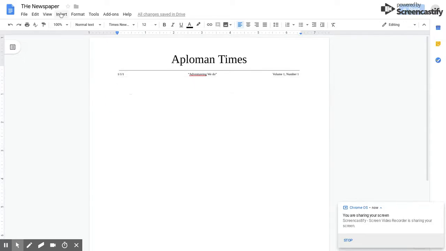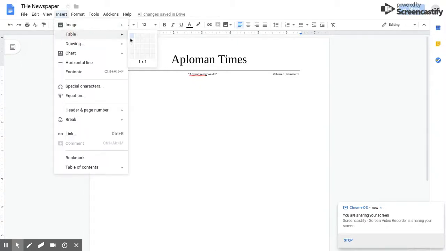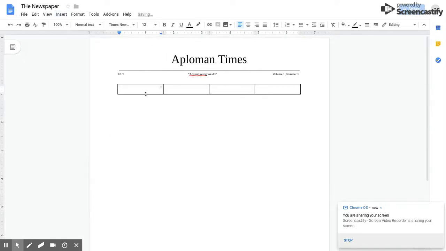Okay, so now if you want to make more than 3 columns, go to Insert, Table, and choose how many columns you want, whether it be 5, 4. I'm going to go with 4. Okay, so this is actually slightly tricky. So let's say Appleman Times